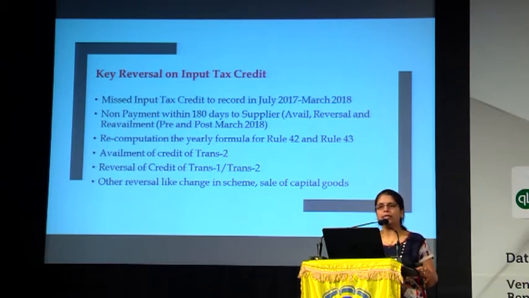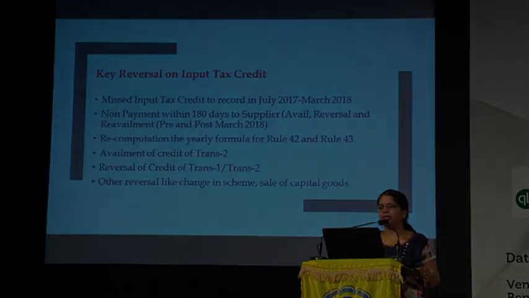What does it mean? For example, an invoice is raised on July 1st, 2017, and by December 2017, I have not made a payment. That is, within 180 days, I have not paid. Then in January 2018, I have reversed it. Then in March 2018, I have again made a payment to my vendor. So in that scenario, what happens? That should be disclosed in your GSTR 9. Are you clear on this? Only those transactions where you have availed it, reversed it, and again reclaimed it should be disclosed